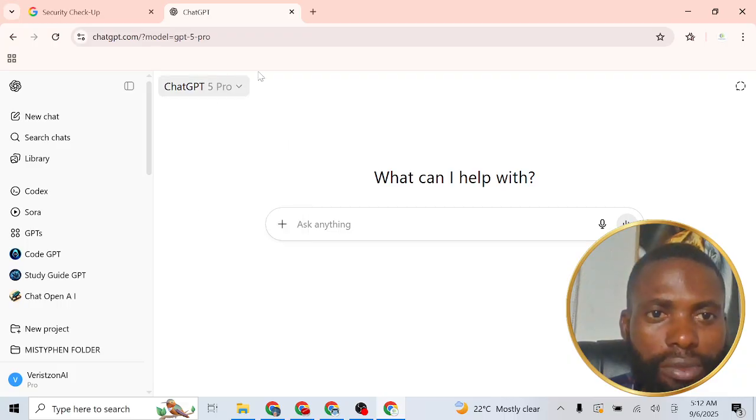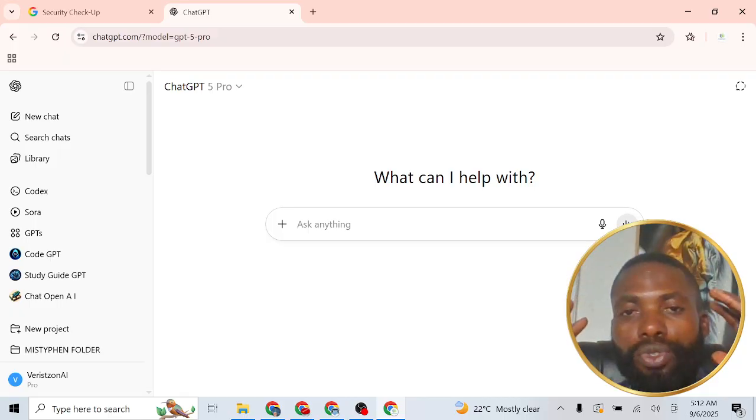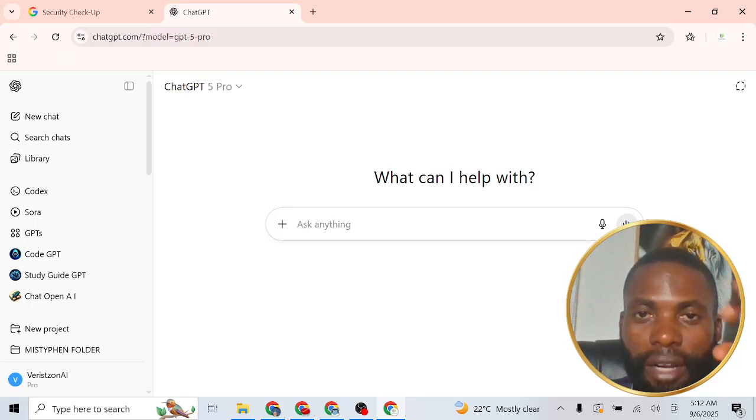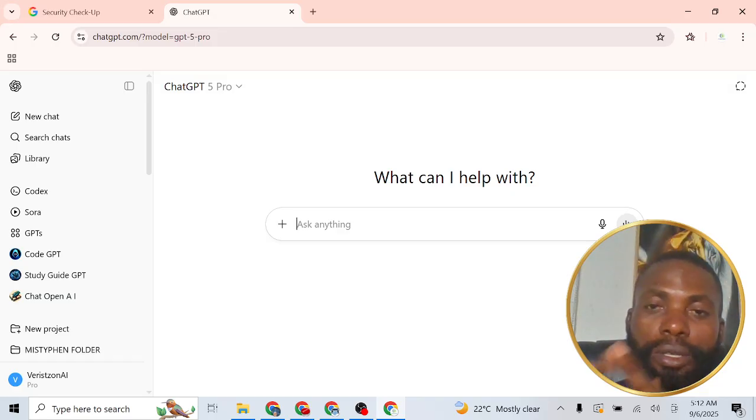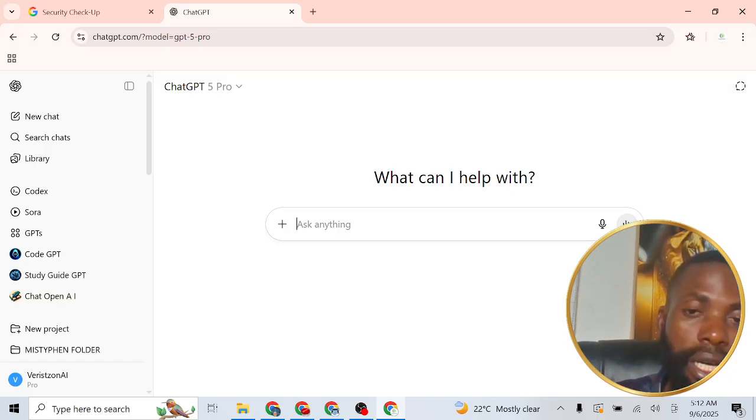You understand? Whichever one. So the first thing you need to do when you want to design graphics is to have a clear picture in your mind of what you want. How do you want the graphics to look like? What are the kind of messages you want to include? For instance, now I want to design a flyer for ChatGPT Plus. That is to use and market my